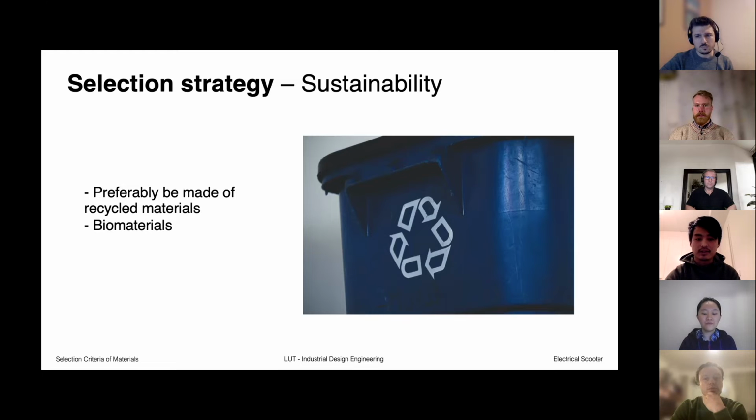So, talk about the sustainability. Another strategy to select the materials: we chose materials that were made of biomaterials or recycled materials, that contain some biomaterials. Recyclability of metals was also considered, as this will help to reduce new raw materials. At least if some percentage of the old material is recyclable, it can be reused for the next product. So the next slide is,